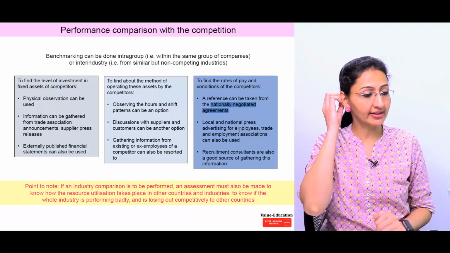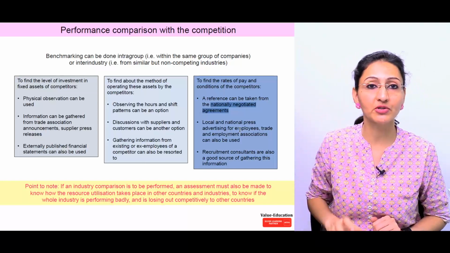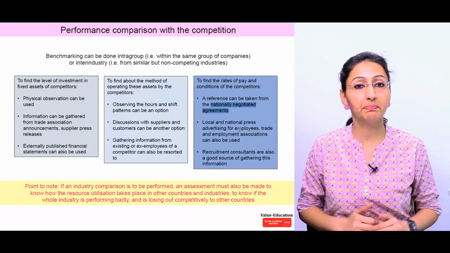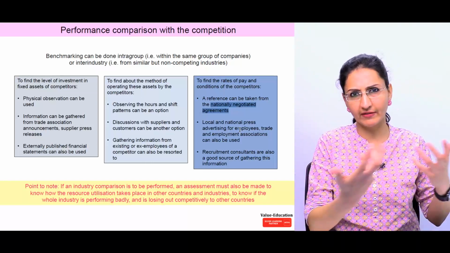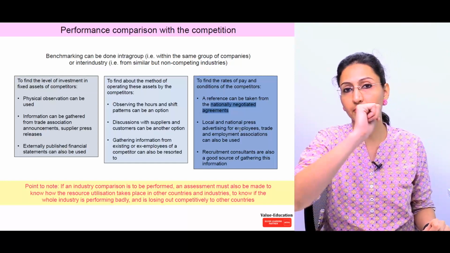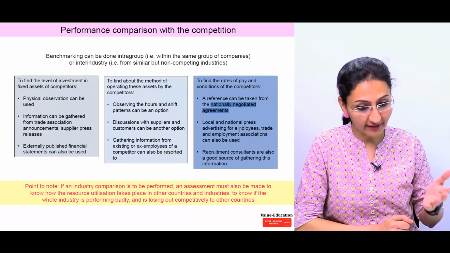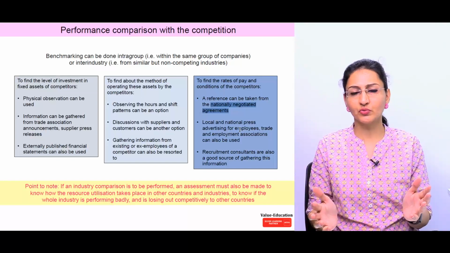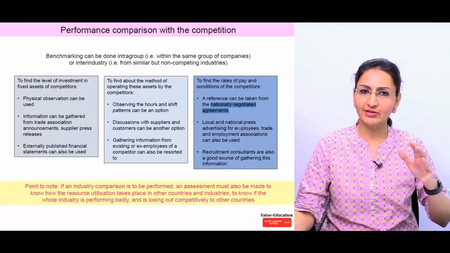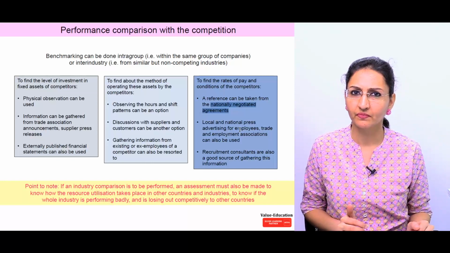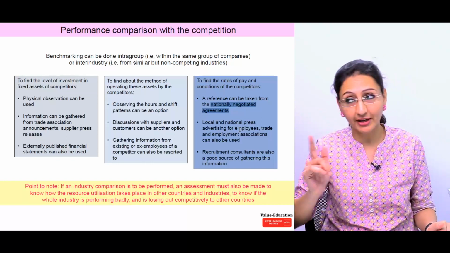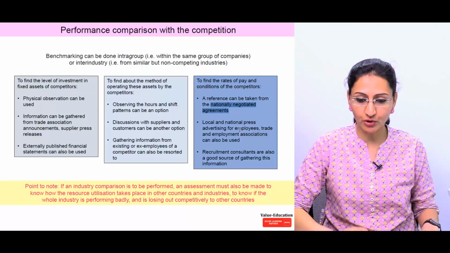For example, you can say there is a sixth pay commission in India. The central government employees have to be paid based on the sixth pay commission, seventh pay commission. So with the seventh pay commission coming into picture, if any organization says we are paying our employees based on the seventh pay commission, that means you come to know what is the pay grade of the employees given by your competitor. Number two,